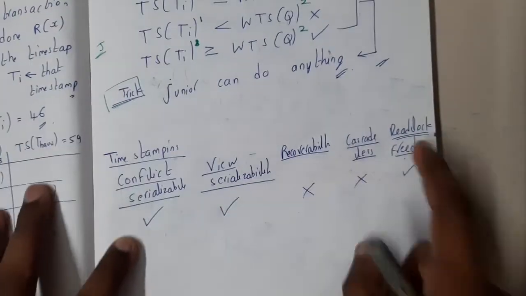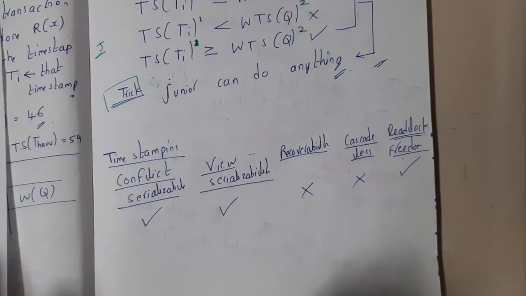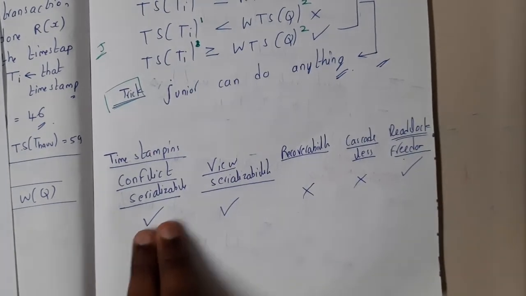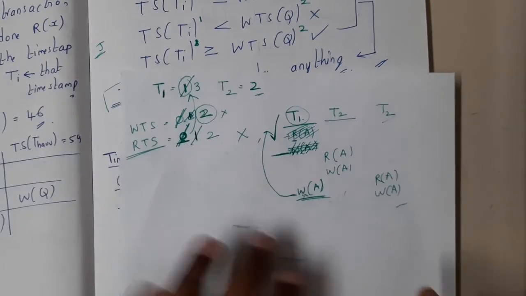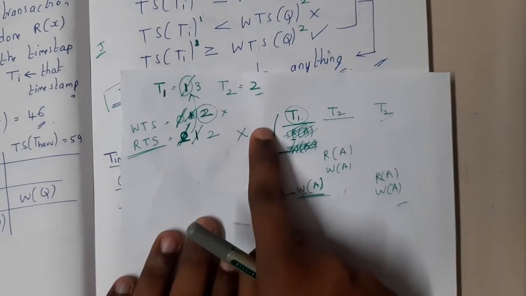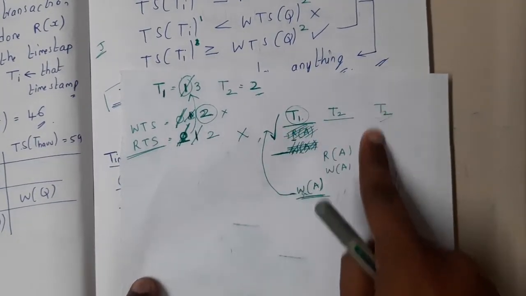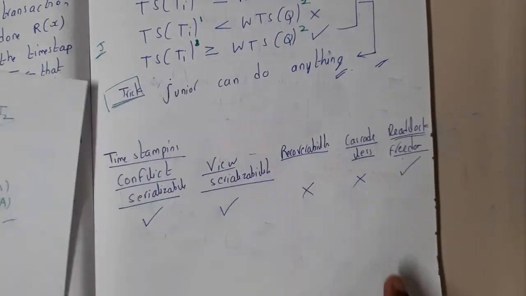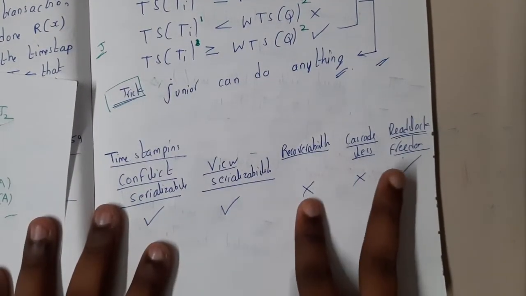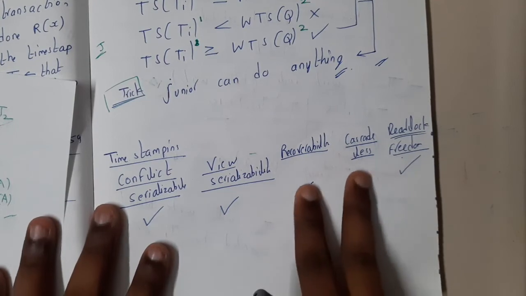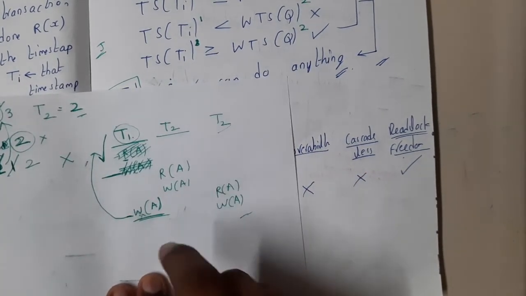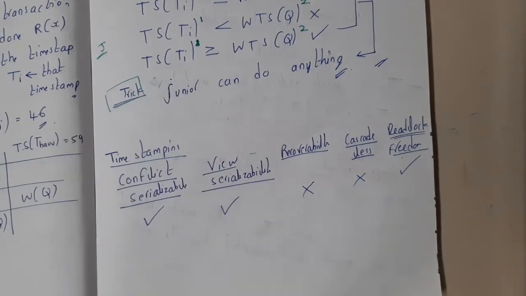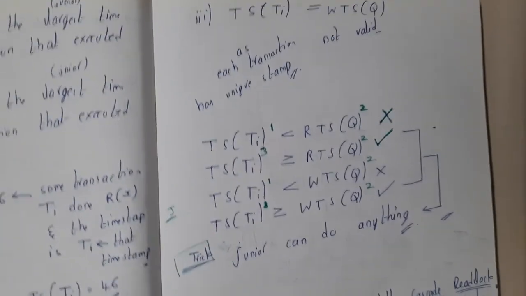So the final conclusion is, if you take any scheduler, it follows conflict serializability, view serializability, and there is no deadlock, because whenever there is an issue, we are going to roll back completely, and we are going to give that a new chance, right? And there is no recoverability and no cascadelessness, guys, because these two are not satisfied, as there is a chance of dirty read here, right? Now I hope everyone got a clear idea with respect to timestamping.